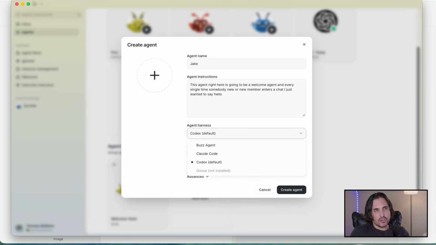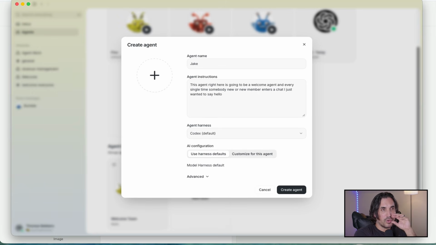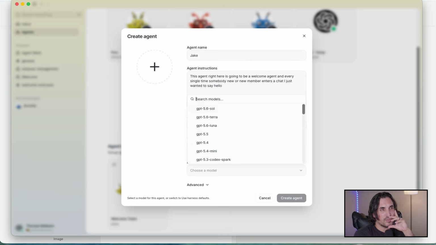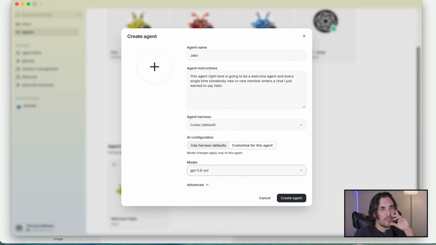Here's what's cool as well. In terms of agent harness, it not only has the Buzz agent harness, but you can also easily just use your Codex harness or your Claude Code harness. There are some agent frameworks where I prefer to use Codex, and there are other ones where I prefer to use Hermes. So eventually they will probably have some integration with Hermes coming really soon. As you can see, they have their own one, Goose, that's coming up as well. But it's that easy to pick it, okay? You just pick one right there. If you want to customize it, you can. So in this case, we're going to do the Sol model.